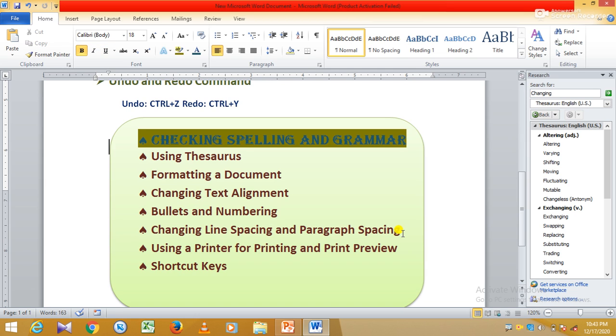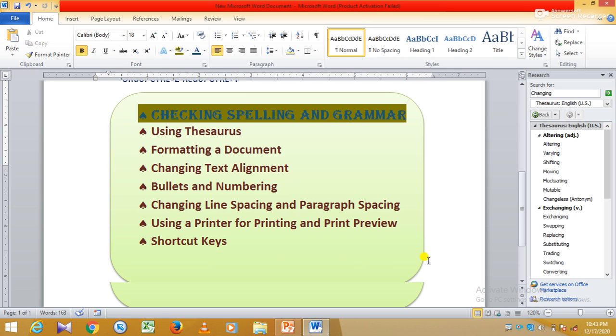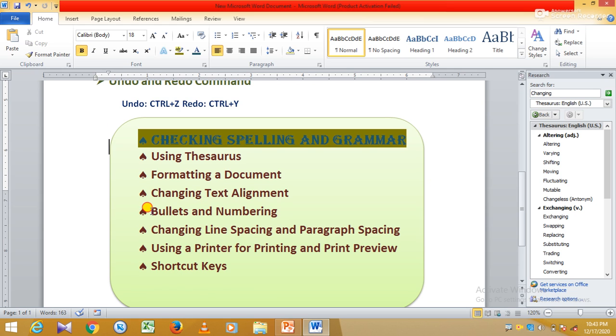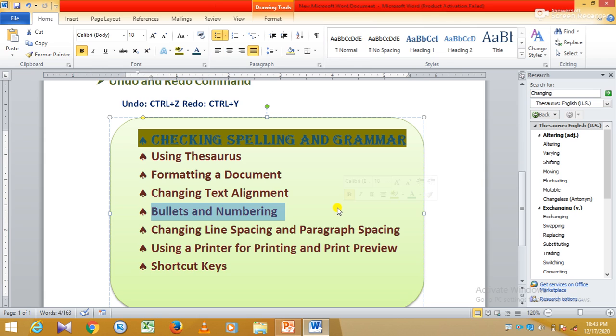Okay, Control plus Right Arrow. My cursor is here. Press Control plus Right Arrow key. It will jump word by word, to the next word.